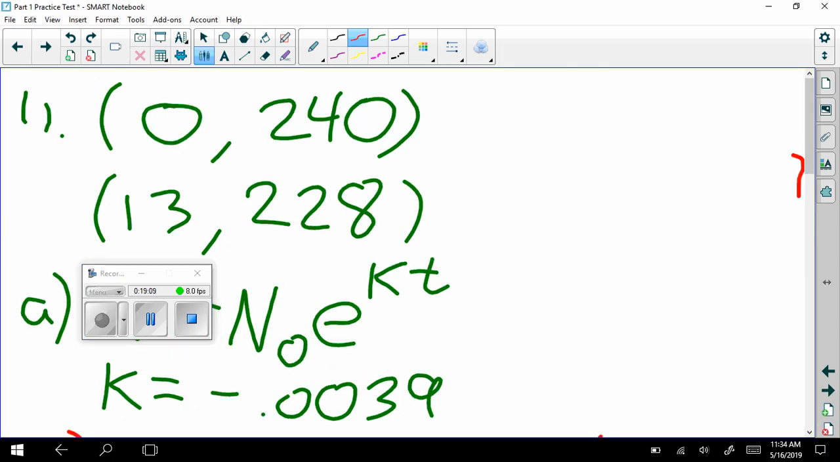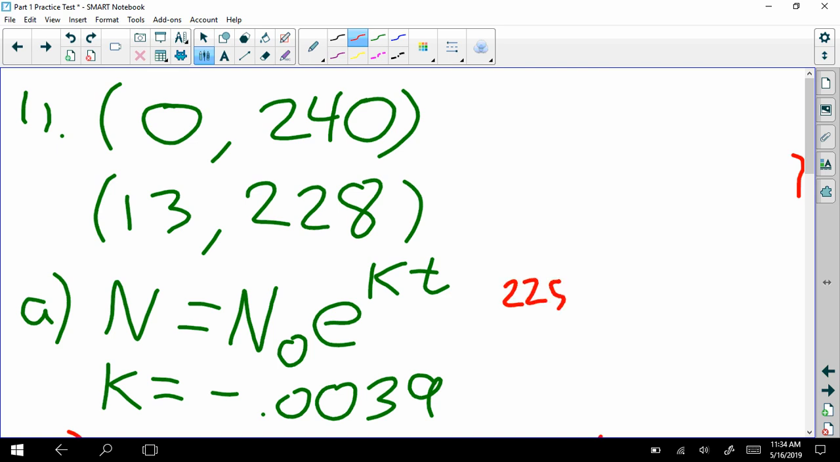So on this problem, if your calculator does not give you the option for the exponential regression with an e, so like if you have a TI, it doesn't give you that option, you have to do this a little bit by hand. Just a little bit. So we're going into this formula that N equals N naught e to the kt. You plug in everything that you know. So we know that N naught is 240, so we plug in 240 right there. We know that N is 228. So we would say